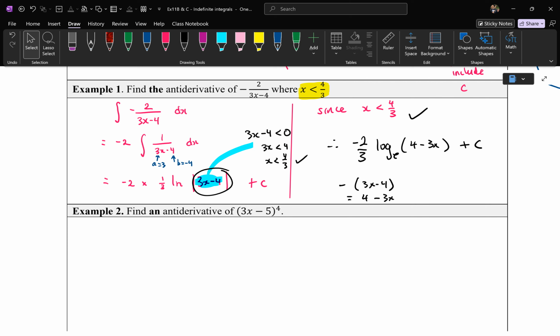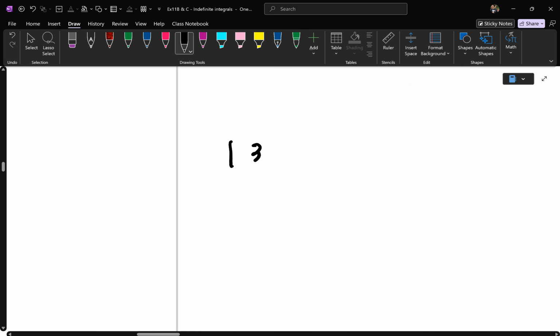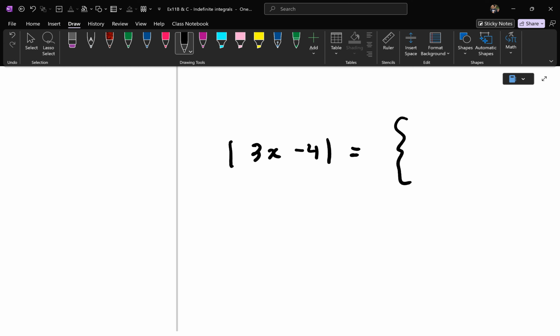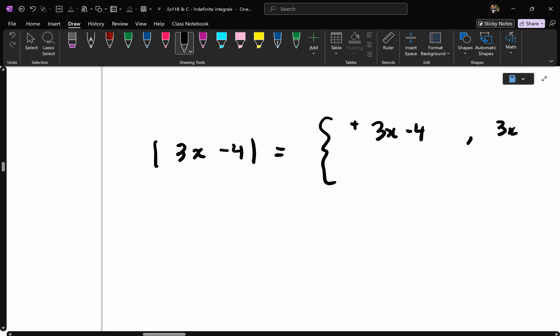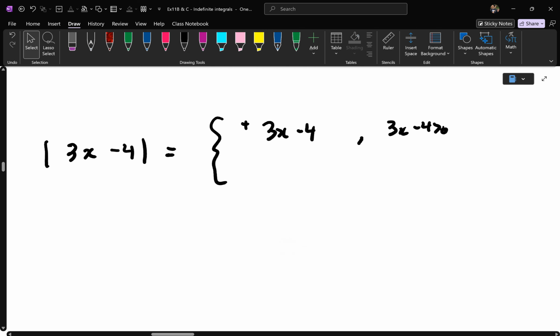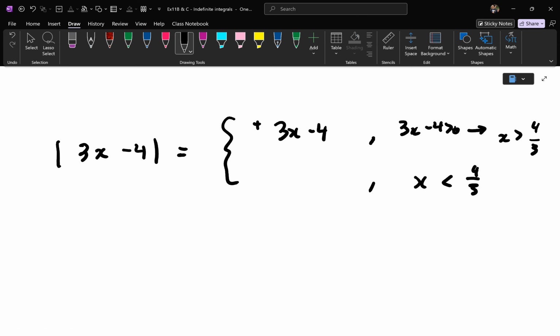This part here? Yeah, so this symbol, when you write mod of 3x minus 4, this is equivalent to you saying you have the positive version of the value, which means whatever 3x minus 4 is, if it's positive, then it's already positive, right? So that means this is for when 3x minus 4 is greater than 0, which essentially means x is greater than 4/3, right? But when x is less than 4/3, whatever this value is, we know it's going to be